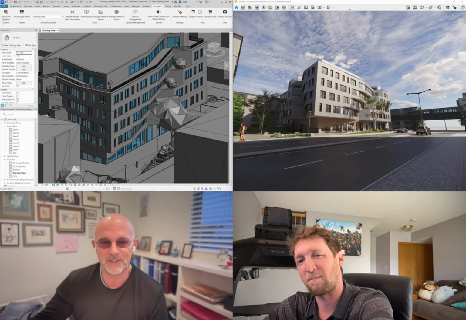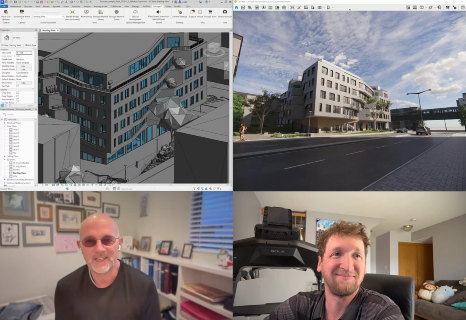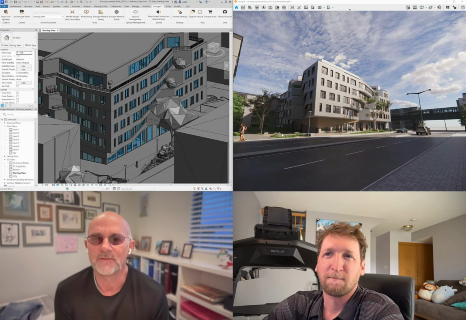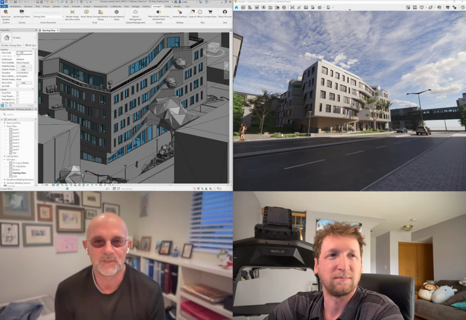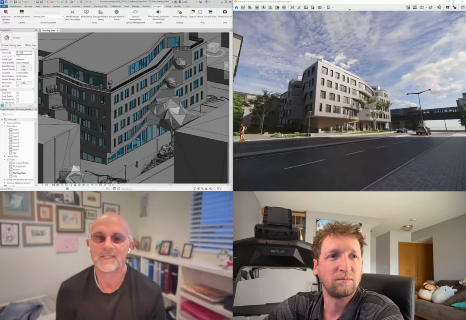So we're going to talk about new features in 4.1 because there's some really good stuff in here. And we've got this project open. This is like an office building style project. It's got some good context as well. So we're going to talk about Impact,